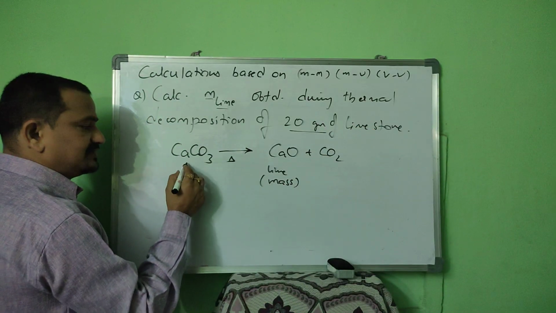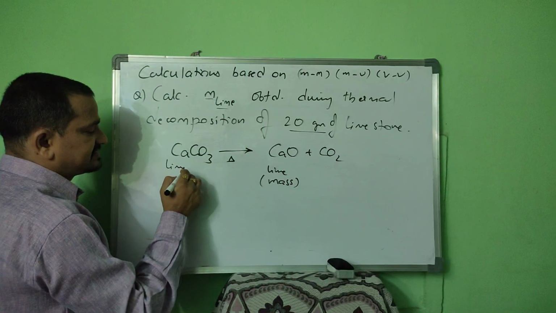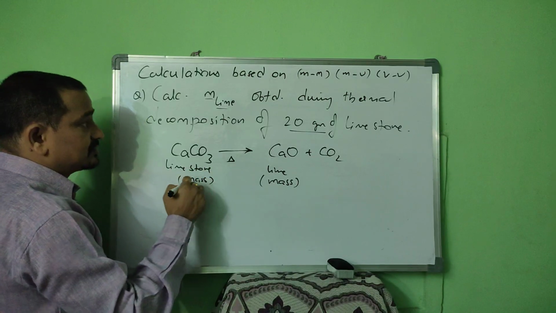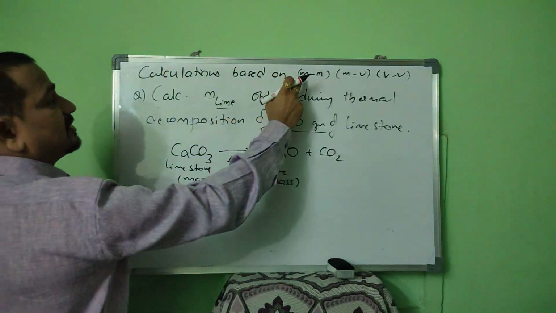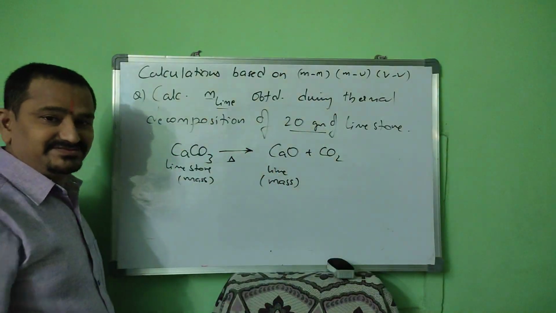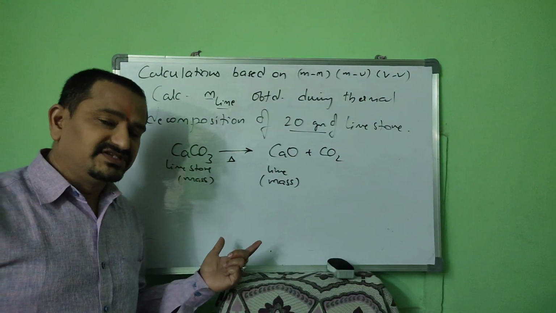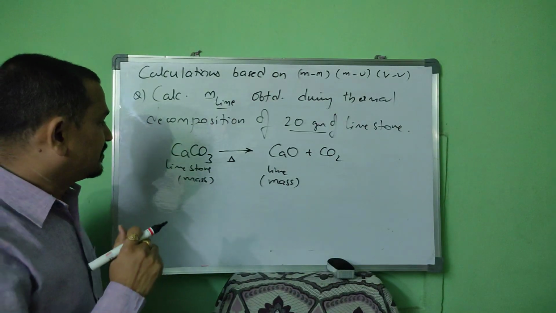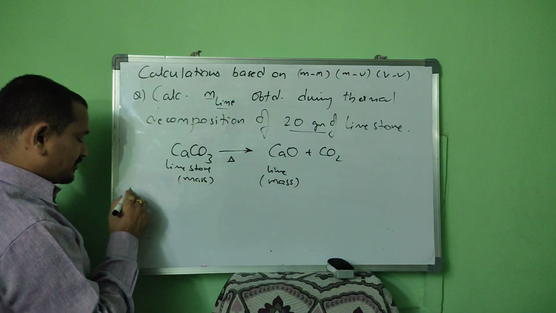So, for limestone means this one. This is limestone. Even its mass also we have to deal with. So, this is a numerical based on mass relation. Understood? Now see, as per equation,